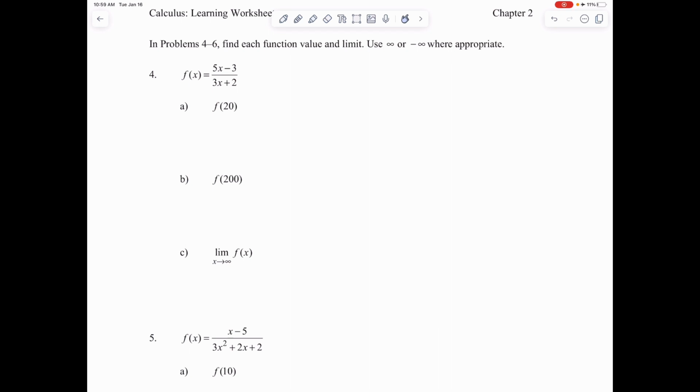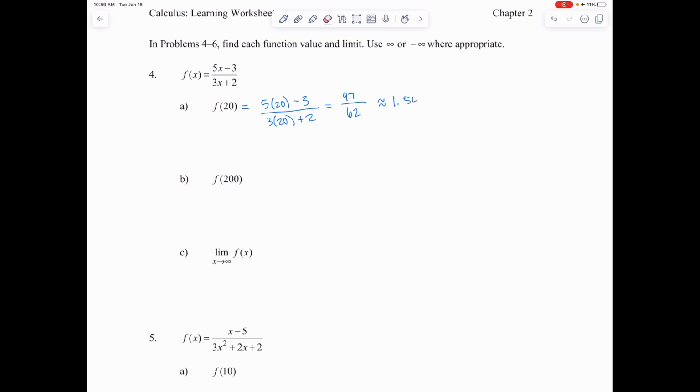So we've got 5 times 20 minus 3 over 3 times 20 plus 2. So that will give us 97 over 62,